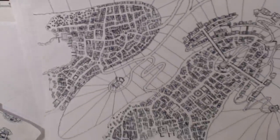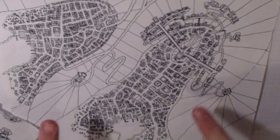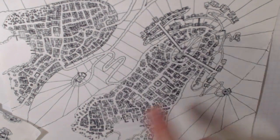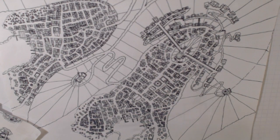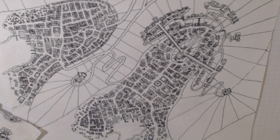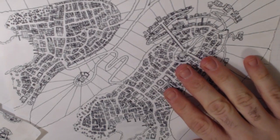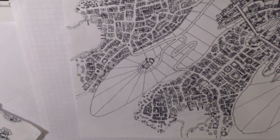This is a city map I made for a friend. It kind of lies at the base of a mountain, so you've got these two ridges that come off the mountain, and there's some stuff built up on the mountain and some roads that run along the mountain, and there's the arena on this raised area with bridges to it. And again, because I was doing this for a friend for her to use in her campaign, I wanted it to look really good, and so I put a lot of work in. And if you look really closely right here,